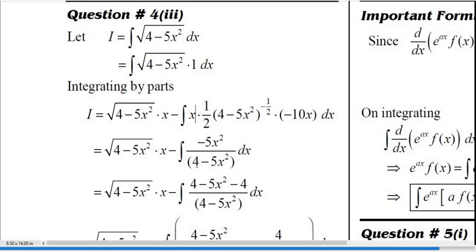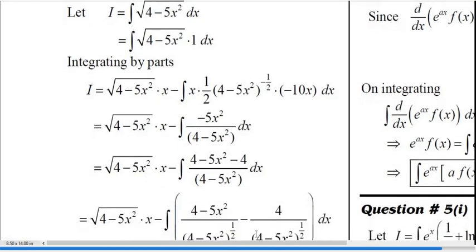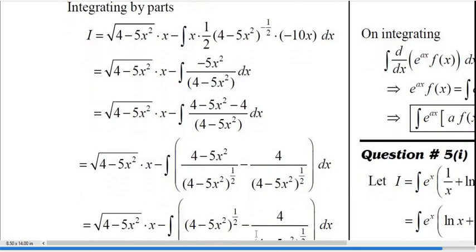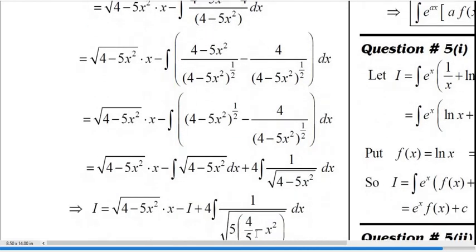In the denominator we can see 4 minus 5x square, but in the numerator we have minus 5x square. That's why we add 4 and also subtract 4. Adding and subtracting 4 in the numerator, we get this term. Now divide this by 4 minus 5x square, and minus 4, we get this one. Now these two terms are cancelled out, and then take the integral. The powers of these terms are cancelled out,